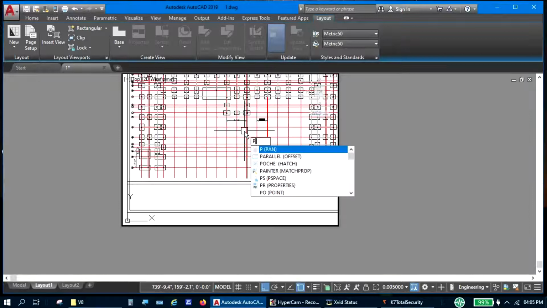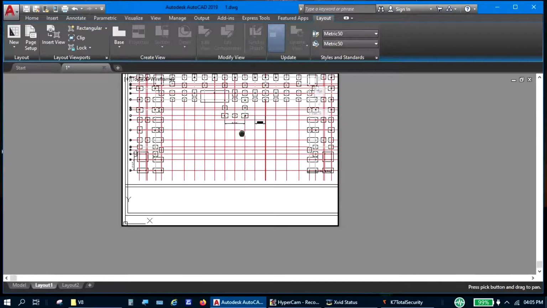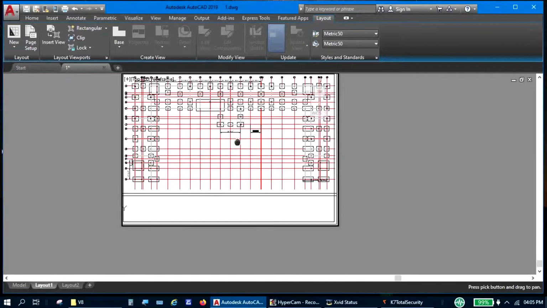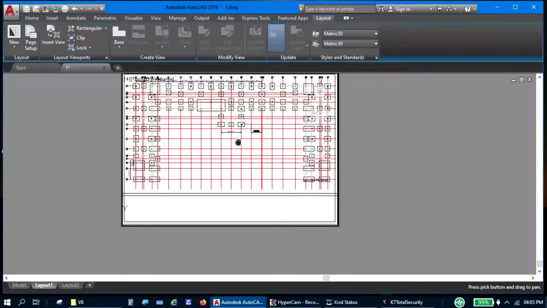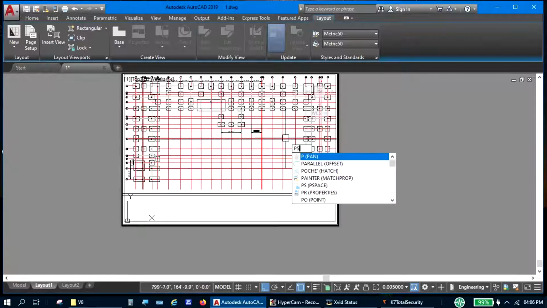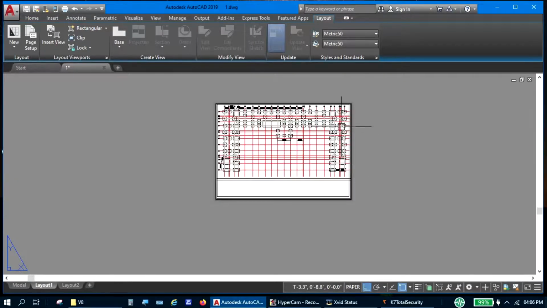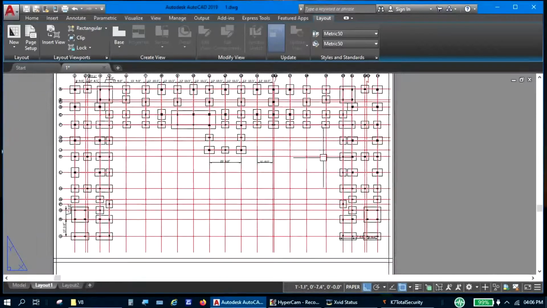Type P for pan command and bring the drawing into fit inside the paper boundary. Press escape and type PS for paper space. Now you can zoom.